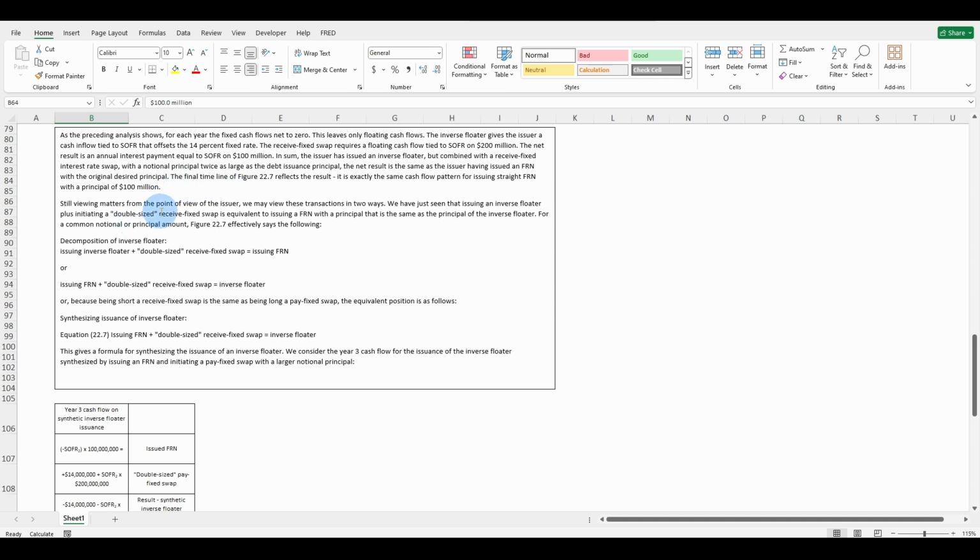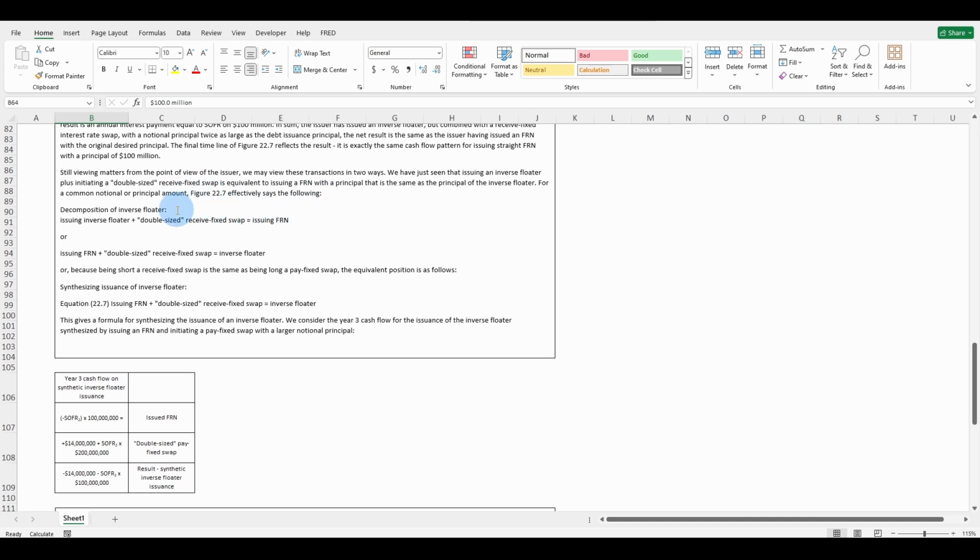Still viewing matters from the point of view of the issuer, we may view this transaction in 2 ways. We have just seen issuing an inverse floater plus initiating a double-sized received fixed swap is equivalent to issuing an FRN with a principal that is the same as the principal of the inverse floater. For a common notional or principal amount, figure 22.7 effectively says the following: decomposition of an inverse floater. Issuing inverse floater plus double-sized received fixed swap equals issuing an FRN, or issuing an FRN plus a double-sized received